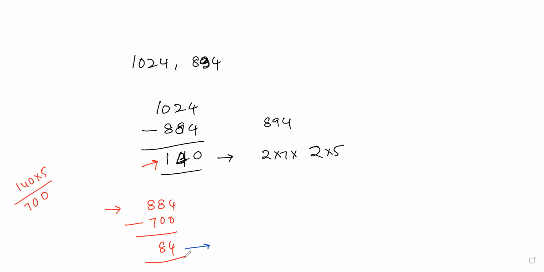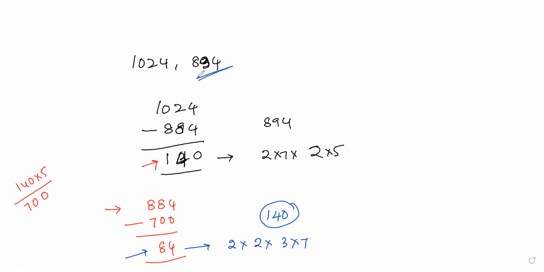Actually, what we are doing here is prime factorization of this number. So 2 into 42, so 2 into 21, and 3 into 7 we can write. And after that, we are dividing 140 here. You focus on this number, not 700. So again, I am taking the result. So see, observe carefully now.